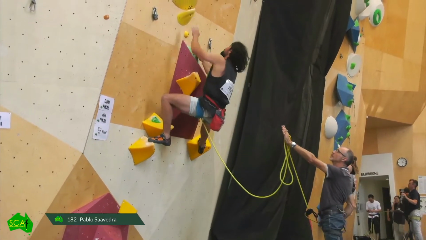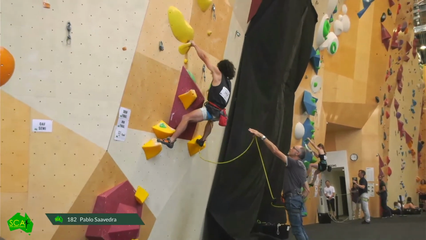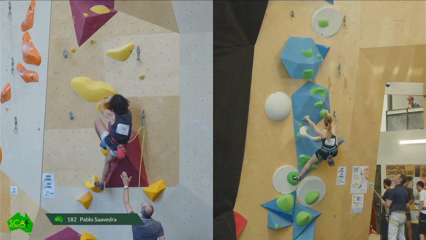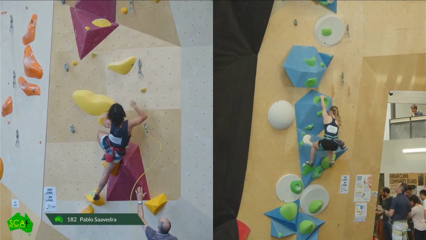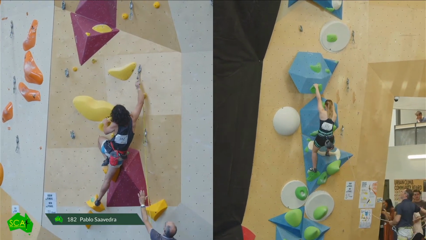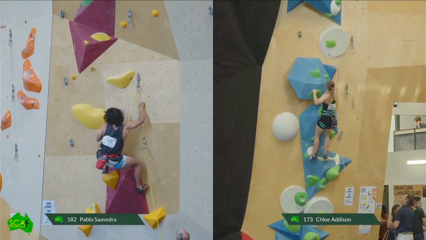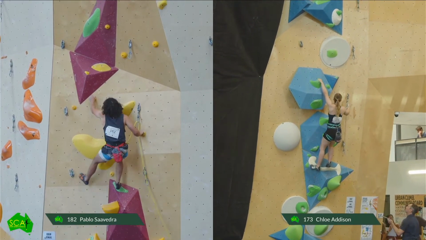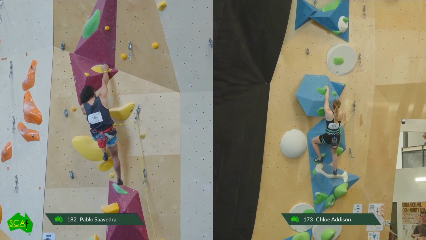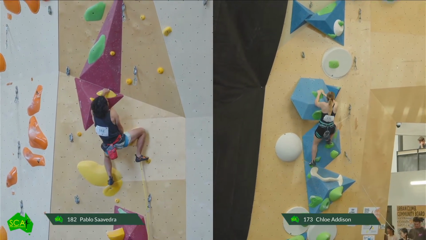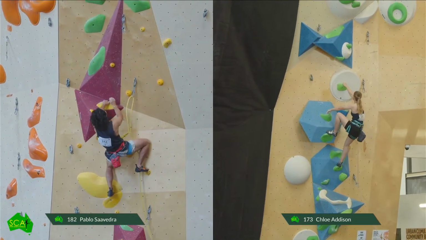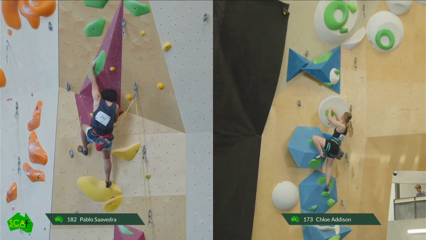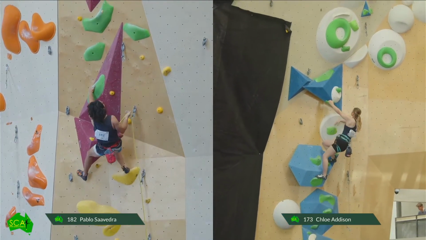Pablo, nice, quick, confident start. We're also underway in the last competitor in the females as well, which is Chloe. Duel in climbers underway. Chloe looking very confident, climbing strong.